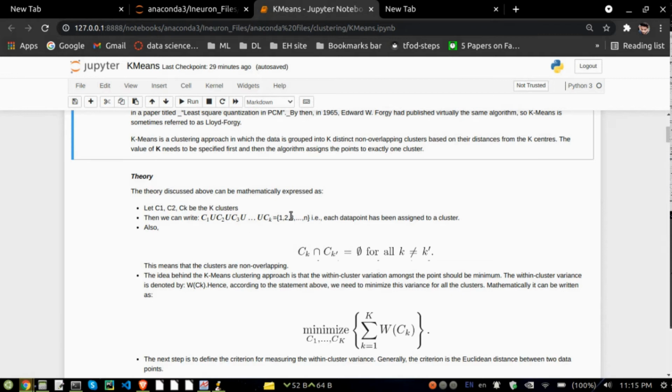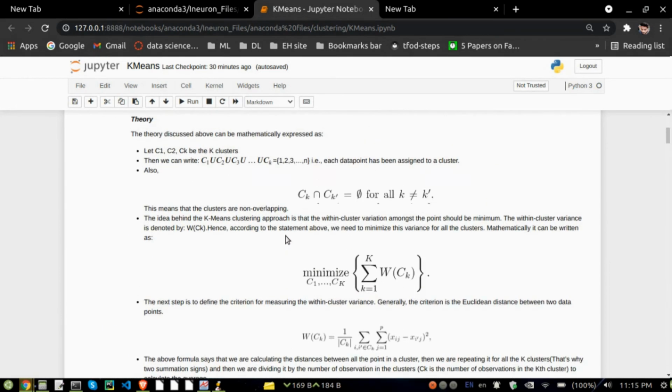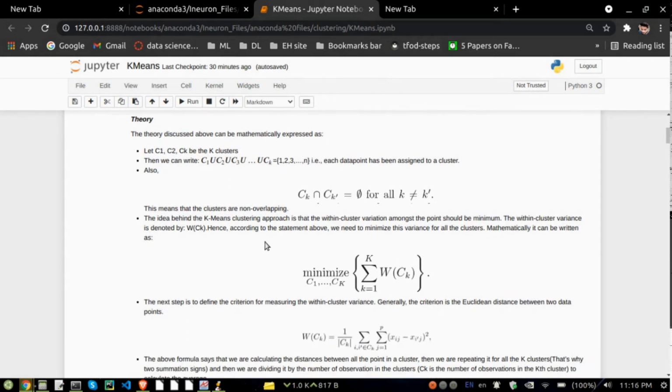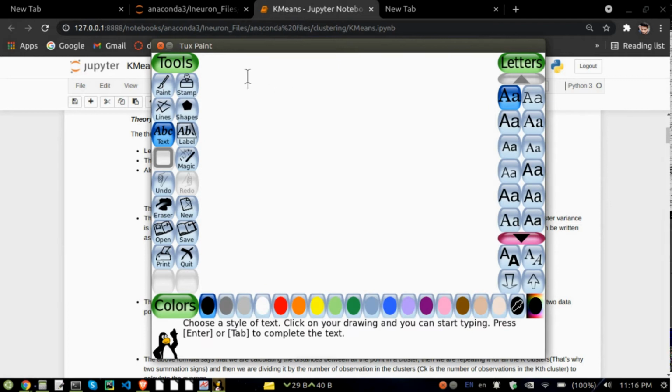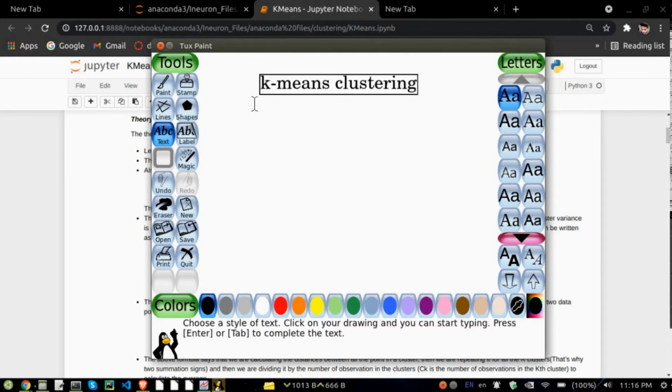So this is the theory part, which will be a little bit boring, so I'll try to explain it by using Paint. Actually, I don't have a pen tablet, but I'll try to make it work. So let's suppose we are going to discuss k-means clustering. Here, in k-means clustering,